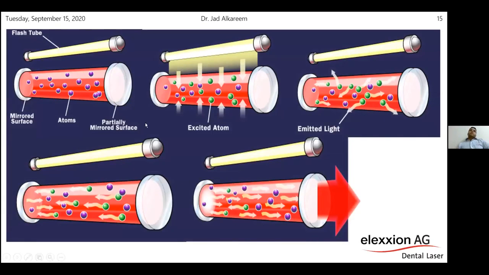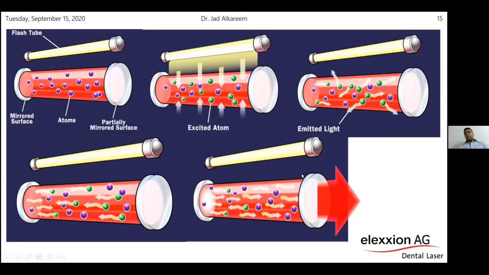So this slide will give you more information about it. Here we have the flash tube at the top, and at the bottom we have the laser source, the atoms of the laser source, which are in the ground state. Then we have the 100% mirror on the left side and the partially reflecting mirror on the right side. The light source will release energy. The energy will make the atoms become excited. They will start to emit photons. The photons will then be reflected by the 100% reflecting mirror, and then they will go out from the semi-reflecting